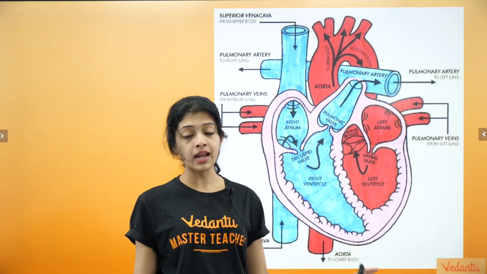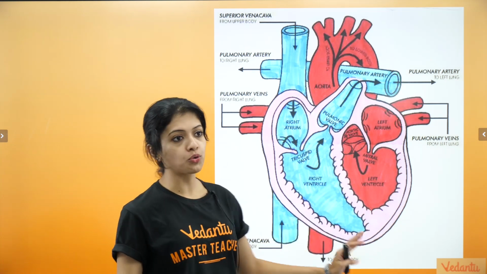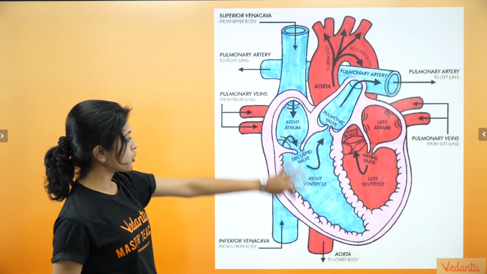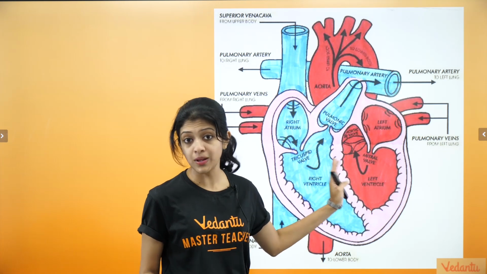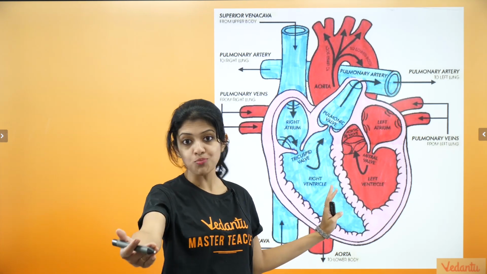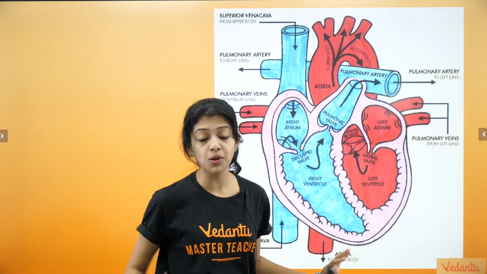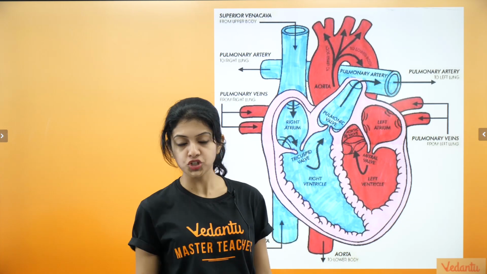In case you want to learn how to draw the heart, you can. I think this is a good reference image to look at, or even if it's for your reference purpose, you could draw a heart like this, draw the arrows clearly, but the arrows will make sense to you after tomorrow's session, because we'll be discussing how the circulation pattern happens, how double circulation happens in our session tomorrow.